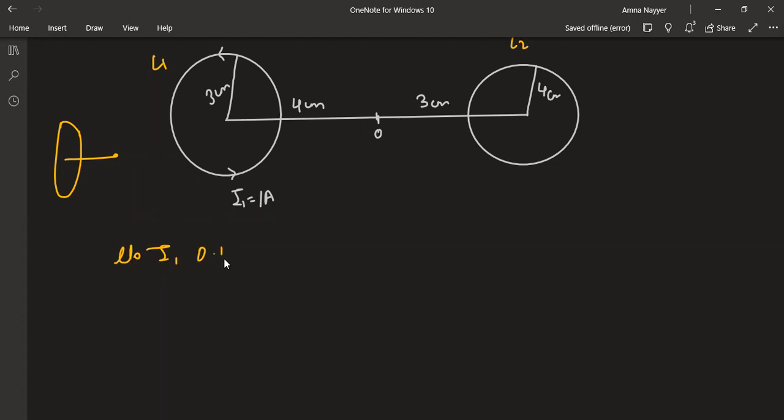So 3 centimeters, 0.03 whole square divided by 2 into (0.03 whole square plus a square, 0.04 whole square) to the power 3 by 2,